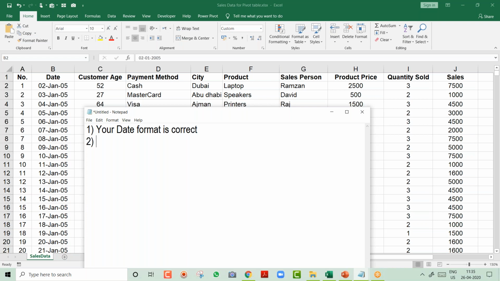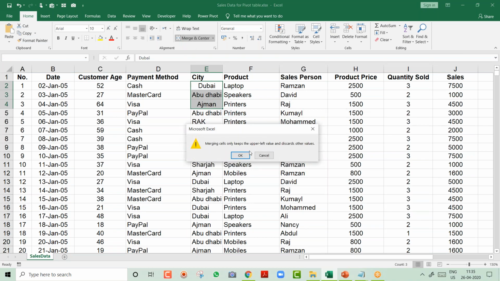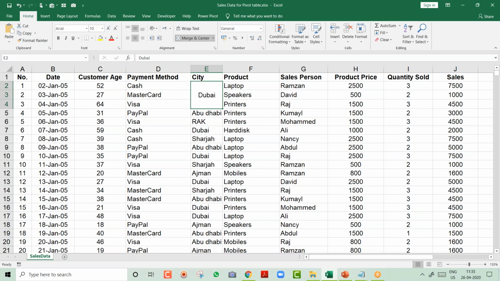Another very important thing is no merged cells. If you have data with names of cities, for example, I'm selecting these three cells and merging them, and let's say you have data something like this, so all these three records denote Dubai. It looks good, but for a pivot table, for a summary report, for creating a dashboard, it's not good.